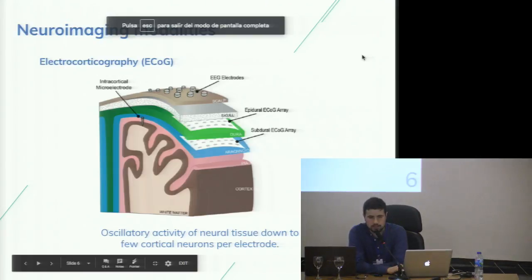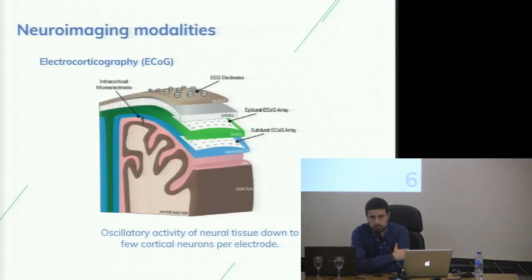Okay, the next procedure, because it's actually a surgical procedure, usually, is to place electrodes inside your skull, in direct contact with your cortex. This is obviously not something you want to get done just for the sake of science. Well, if you're crazy, you might, but in general, you just want to do it in case you really have a need for it. The electrocorticography can be really useful to build